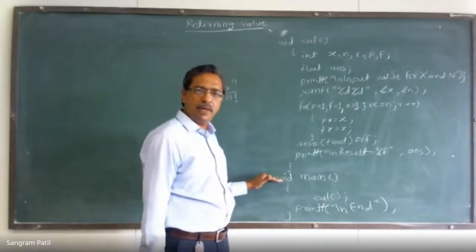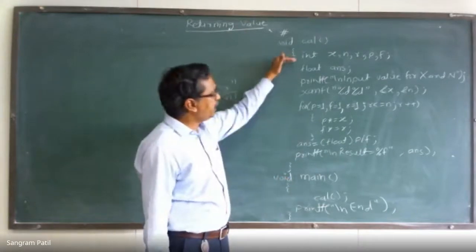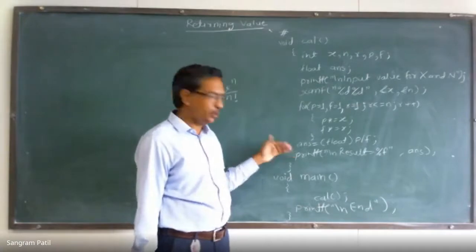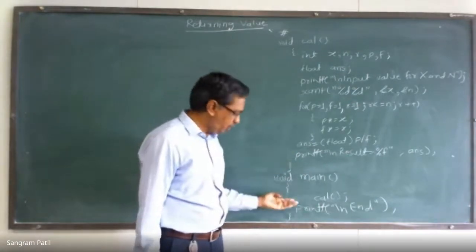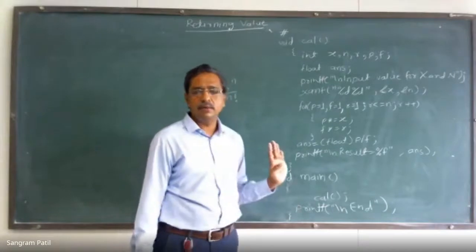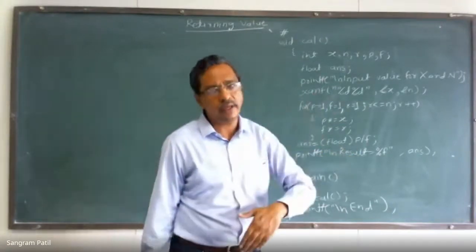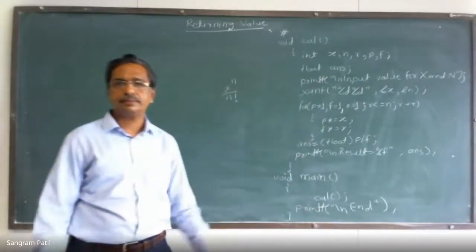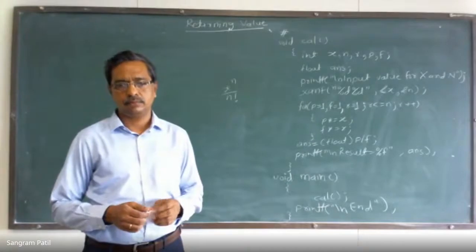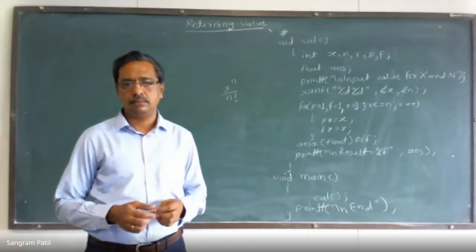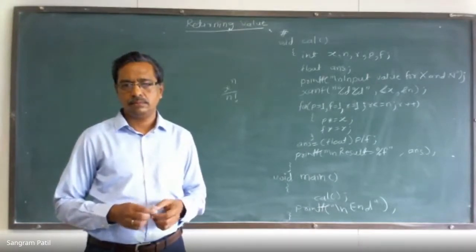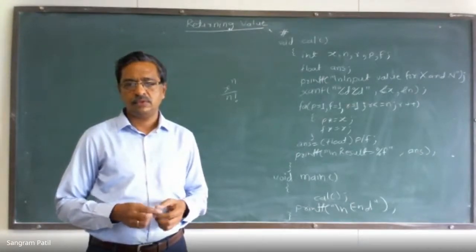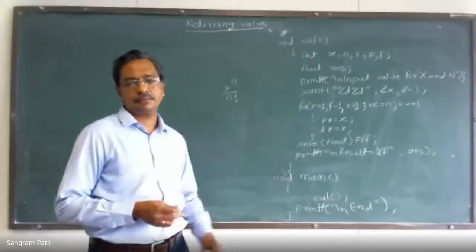your compiler starts with main. Cal, it goes to execute cal. It reads the value of x and n. It will calculate this. It will print the result x raised to n divided by n factorial. At the end of the function, it comes back to the calling program, then end, and then just clear it. We are not passing any value, we are not returning any value. Clear? Any question in this?